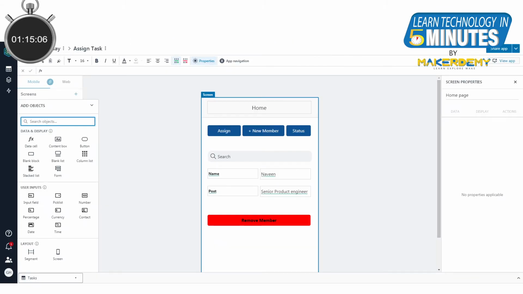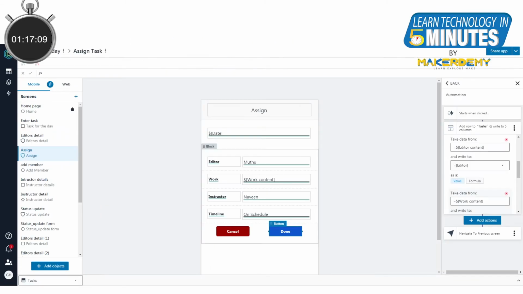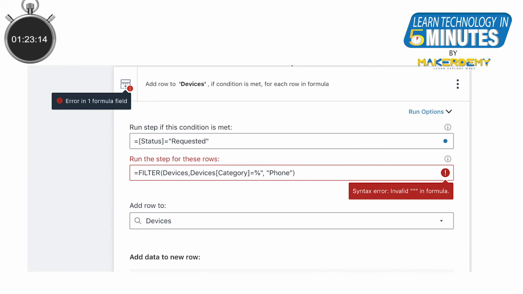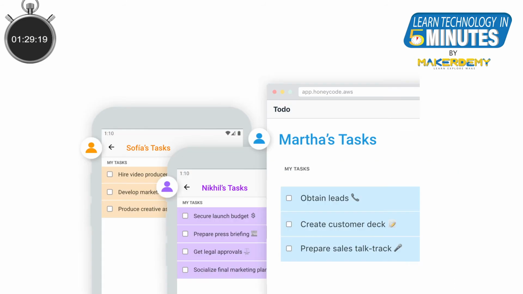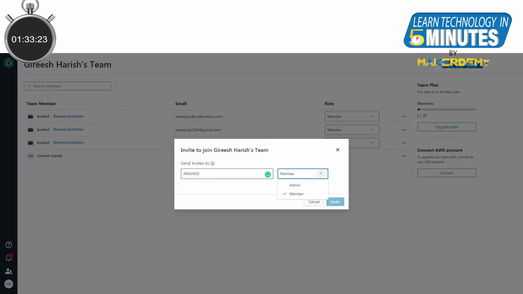The app development is done by drag and drop. Even forms that may need complex coding while developing an app can be made in Honeycode by drag and drop. We can also use variables, formulas, conditions, and relations inside this app builder. We can do stuff like sending emails and sharing data with our team members, and we have full control of the access to the data we are storing in the app.